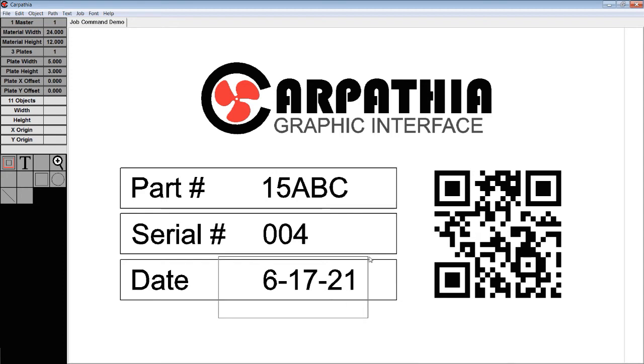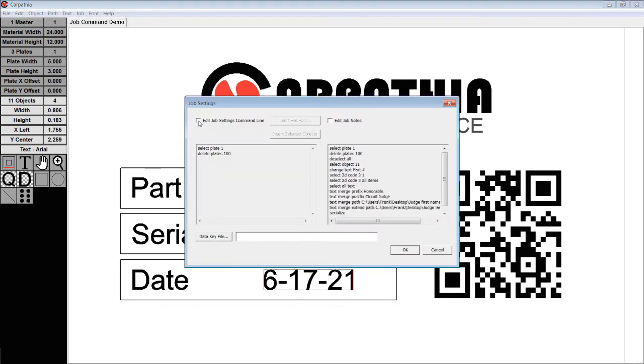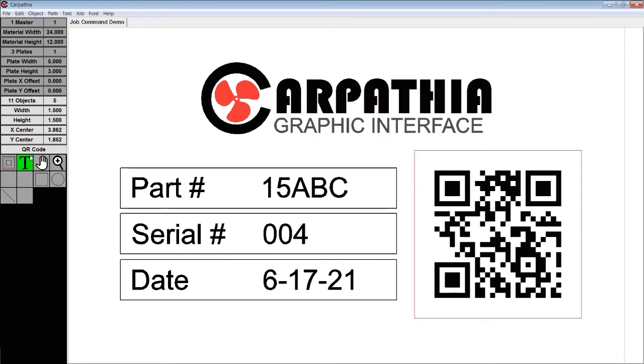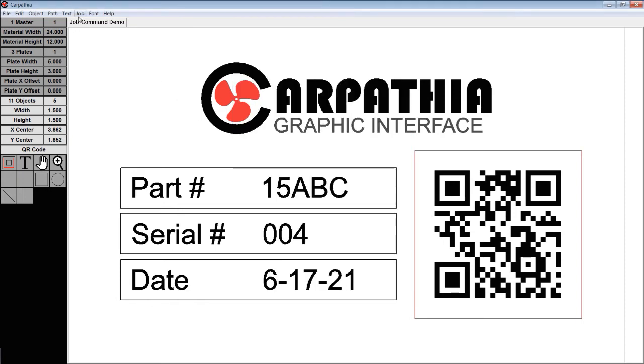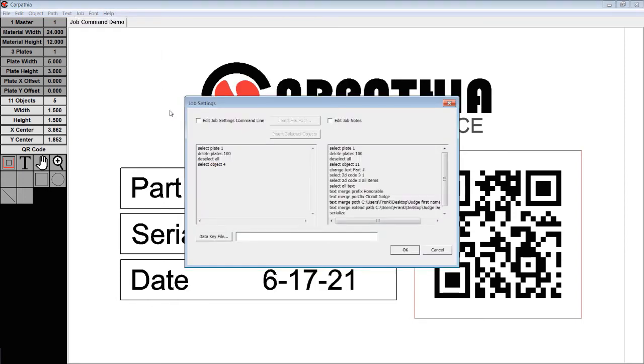So we can take our first field, and we notice that up here that it's object 4, but we don't even have to really remember that. We can go to Job Settings, Edit, and we can insert the selected object. So that's our object 4. We select our QR code. We select item 3, which is the date. Okay. Then we come to Job Settings,